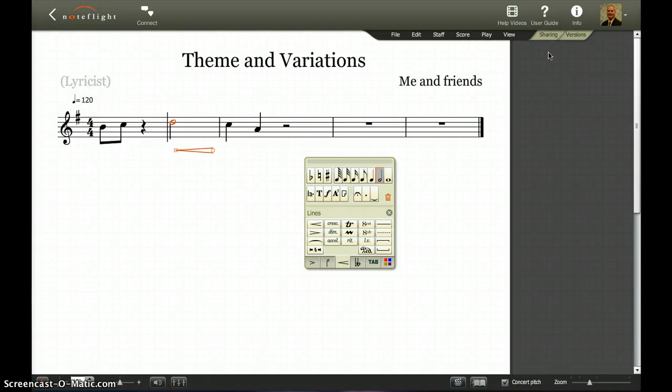people in your group. So whoever creates the theme, the first idea, you're going to share it with your group, and then someone else will do a variation one. And so they'll take your score and simply add on to it, which is kind of cool. Now, the thing I discovered here today